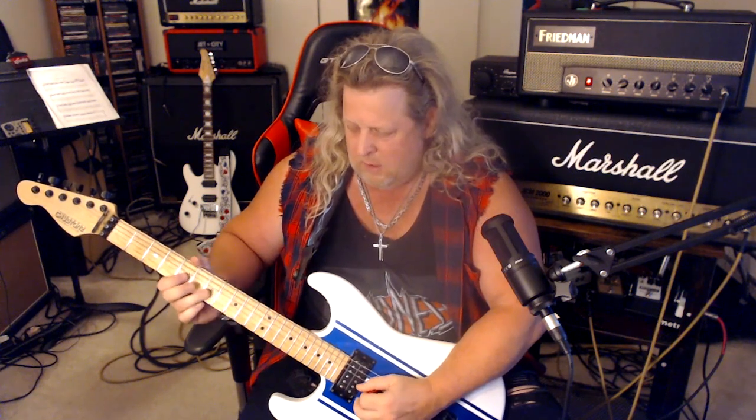quick little lick here. On the recording, it kind of sounds like you just go like that, but let's add a little bend there. I kind of think that's what he was going for. And it's just 7 on the G string, bend that up a whole step, quickly release it to 7, pull off to 5, and then play 7-5 on the G. And then this lick,